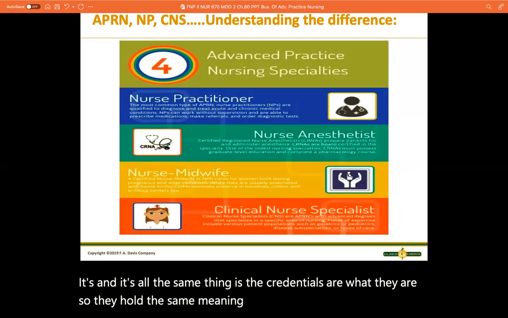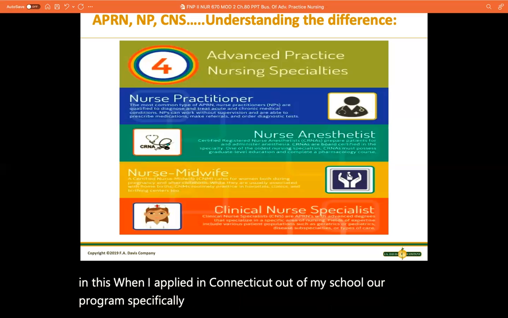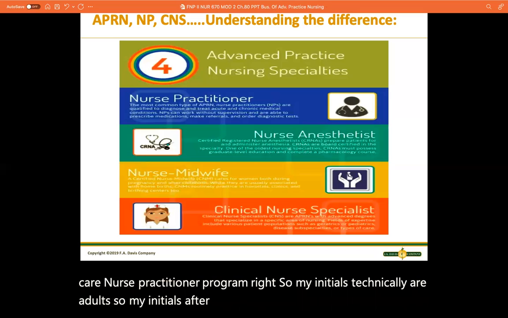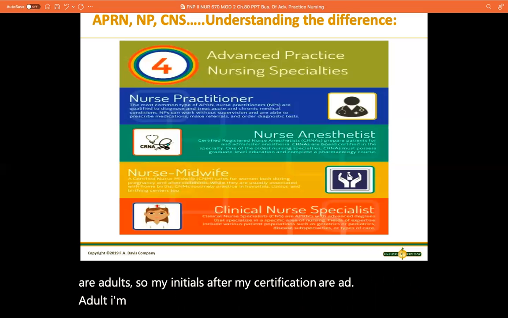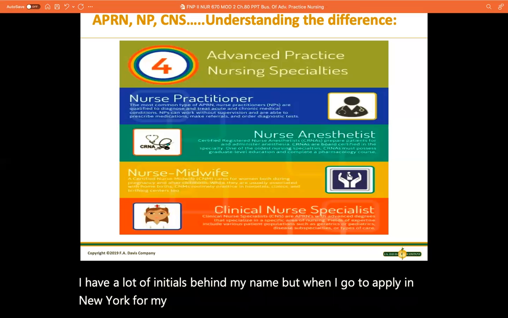Also interesting point to point out in this, when I applied in Connecticut, out of my school, our program specifically was called the Adult Gerontological Primary Care Nurse Practitioner Program, right? So my initials technically are adult, so my initials after my certification are Adult AG PNP, Adult Gerontology Primary Care NP. So I have a lot of initials behind my name, but when I go to apply in New York for my license, they don't have adult gerontological